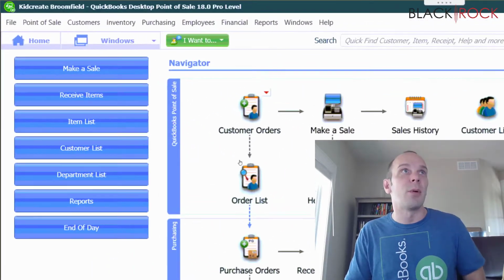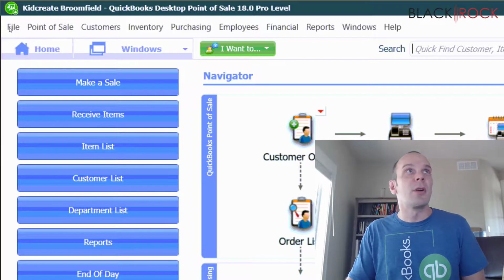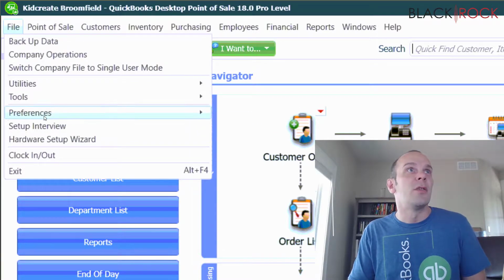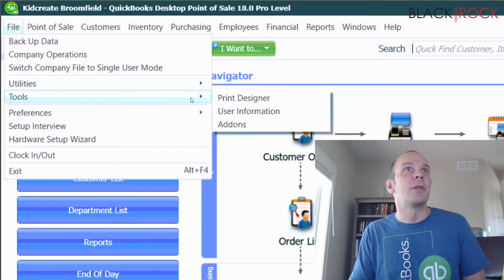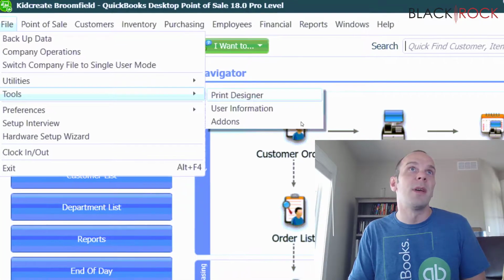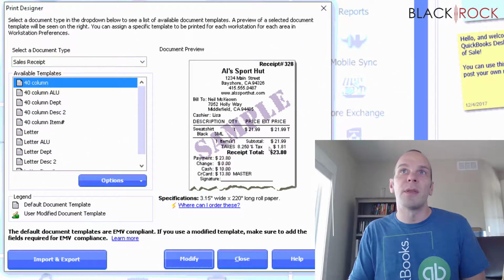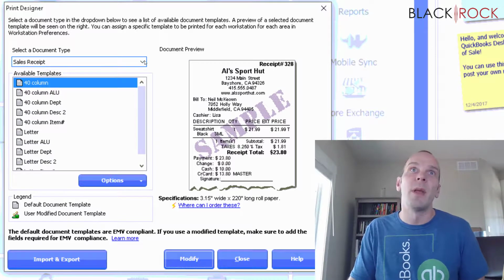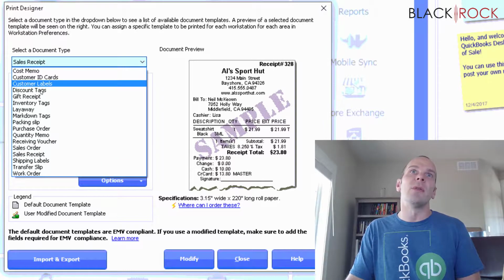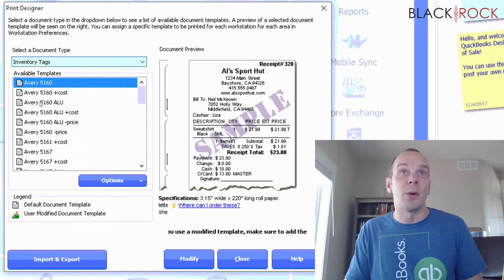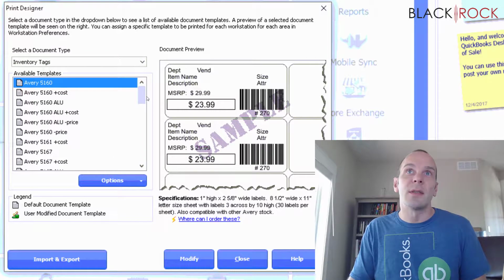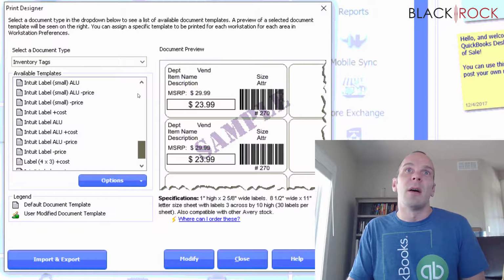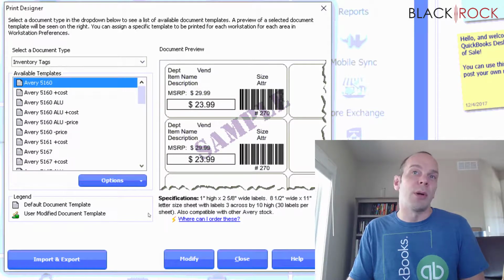Here we are in the Point of Sale, of course. I'm going to go on the File menu to Tools, Print Designer, and here you have your main Print Designer template choosing screen. Yes, that's the official name. I'm going to switch over to inventory tags, and you can see a list of the inventory tags here, but the file we are importing is